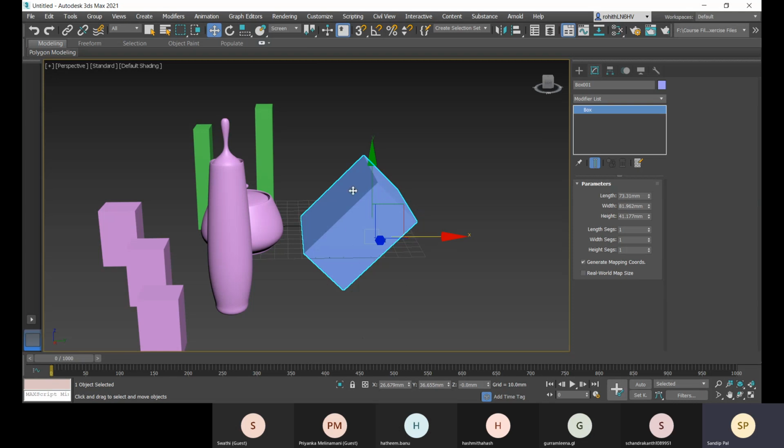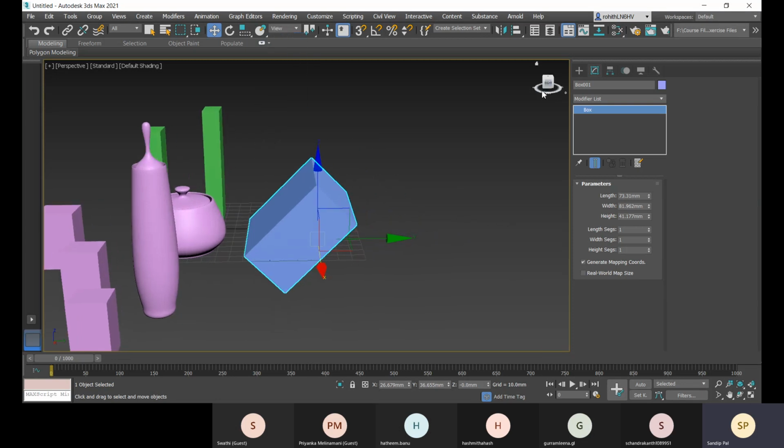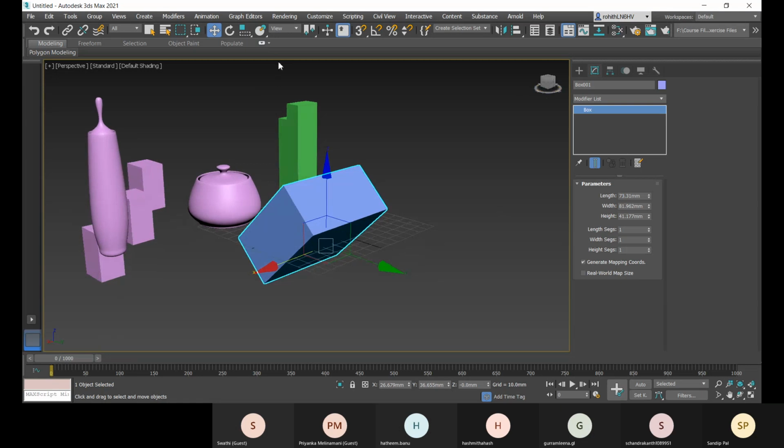It's like you are viewing from the top. So towards the screen, the Z will always point out. No matter how you align or change your screen, when you apply this screen option, Z will always be towards you.